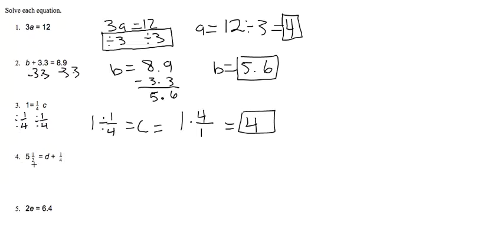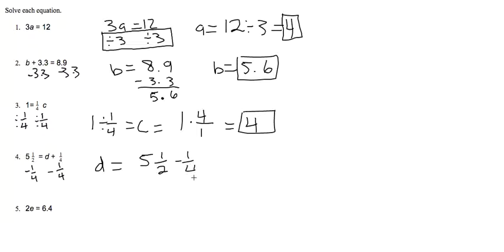This one here, we have 5.5 equals d plus 1/4. So what's happening to the variable? It's being added by 1/4. What's the opposite of that? Subtracting 1/4. So we have d equals 5.5